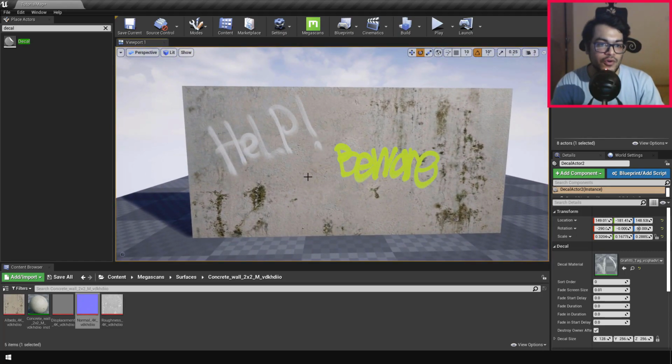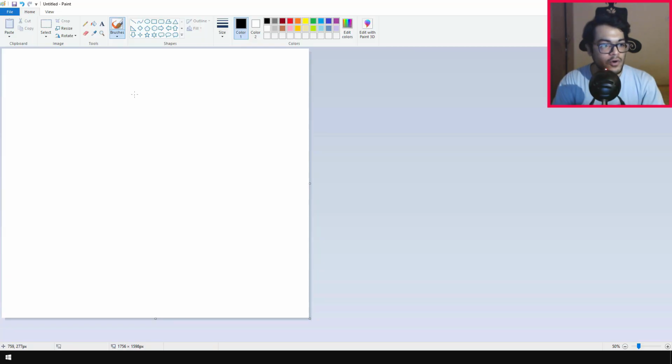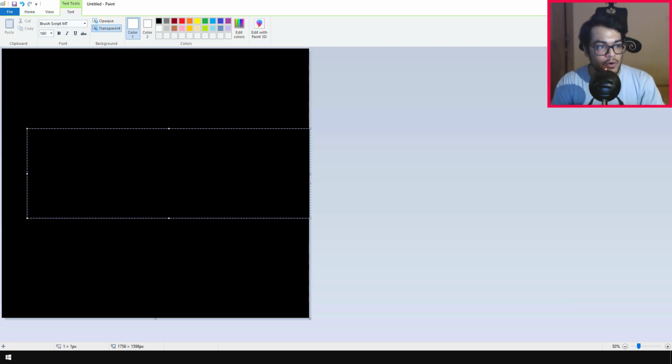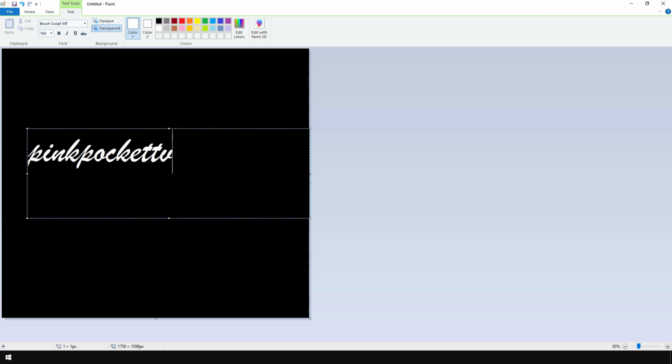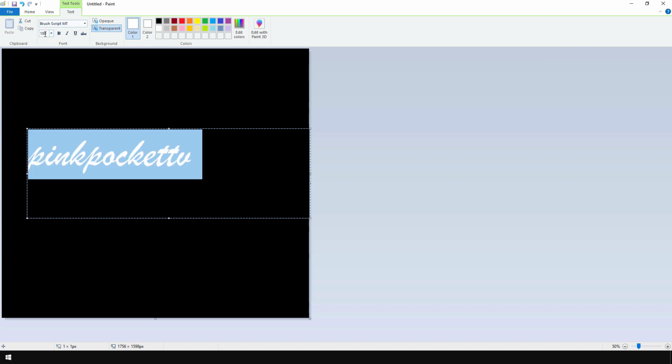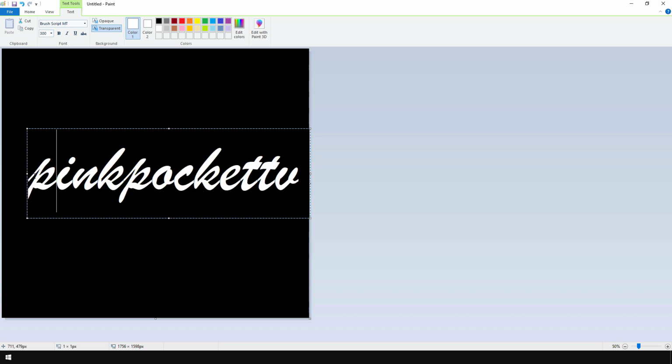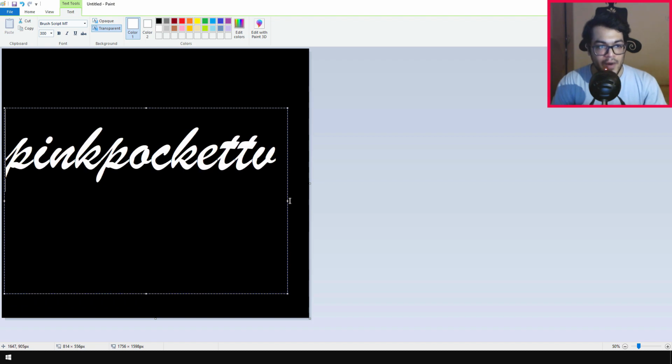Finally, I'm going to show you how you can project your own texture on this wall. I'm going to make the background completely black, and you can do whatever you like here. I'm going to write Pink Pocket TV here. And this is going to be our mask map.